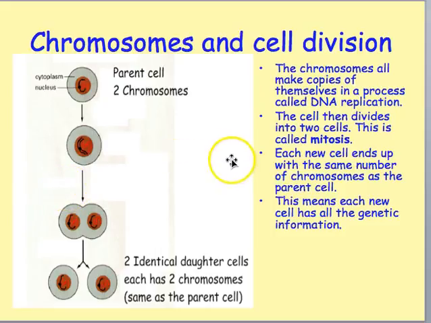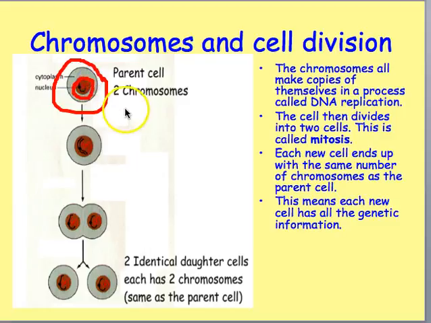So this diagram here is really showing the same thing that I had in the last diagram. It's just giving a little bit more detail. So what we're seeing here, here's a parent cell, and in the nucleus that's in here, it's quite hard to make out, but there's two chromosomes, this black one and this red one. And what actually happens is, if you have a wee look, the black one that was